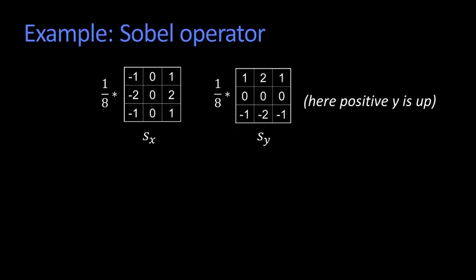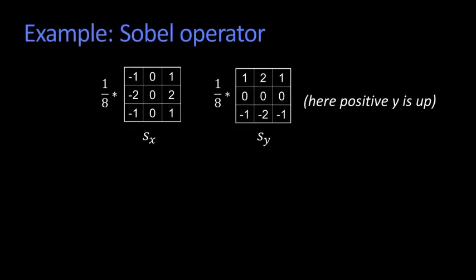People have been doing derivatives and edges for a very long time. The most classic one is referred to as the Sobel operator, named after Leonard. I have no idea. It's named after some guy named Sobel. And the Sobel operator looks just like what I was showing you, but instead of 1/2 and minus 1/2, it's